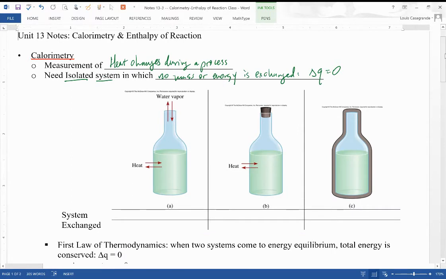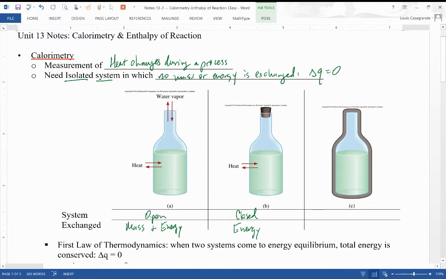So here's an image of three different systems. In system number one, or system A, this is an open system. In an open system, mass can be exchanged through the water vapor coming in or out, and energy can also be exchanged. In the second system, called a closed system, now with the stopper in there, mass can no longer be exchanged, but heat or energy can still be exchanged because the system is not thermally